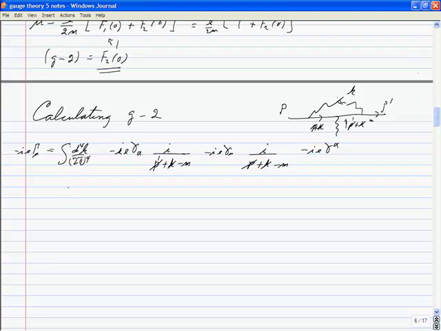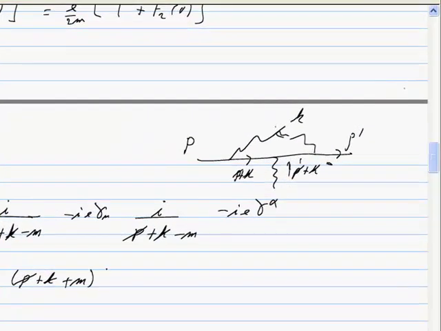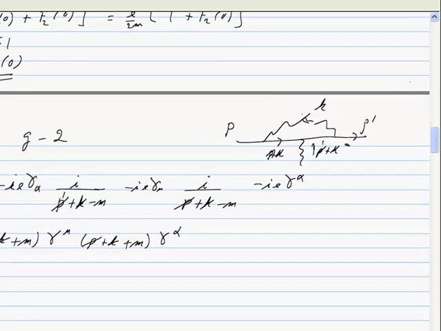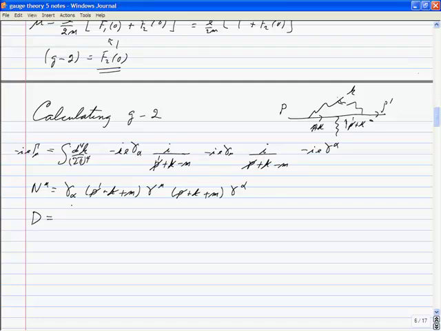Okay. When we rationalize that, the numerator is gamma alpha (P slash prime plus K slash plus M), gamma mu (P slash plus K slash plus M), gamma alpha. The denominator is,